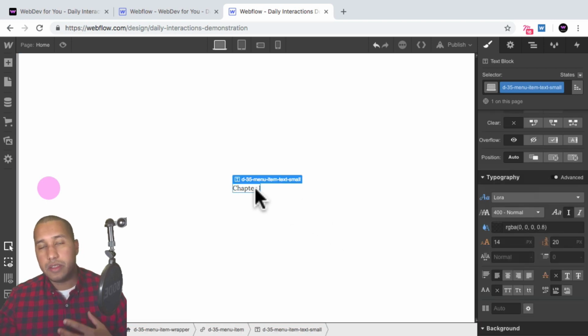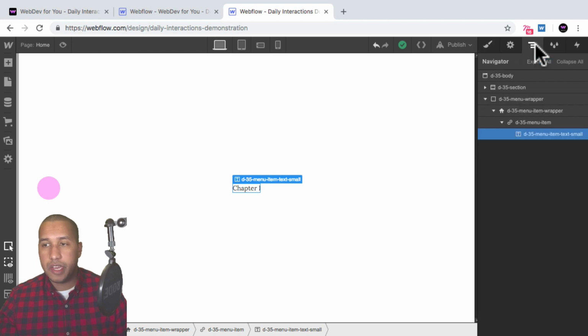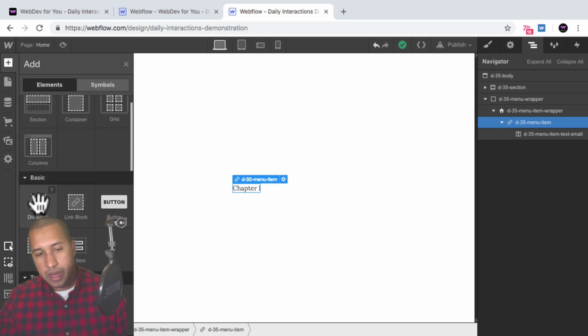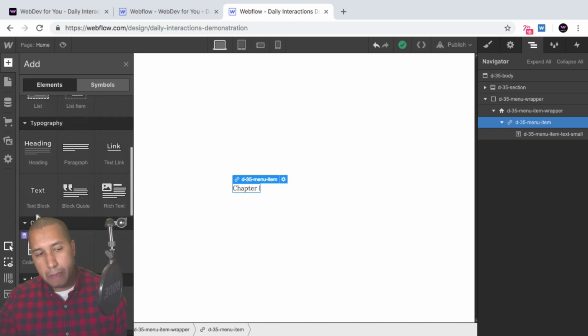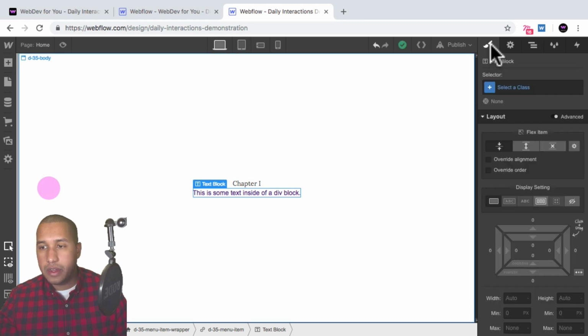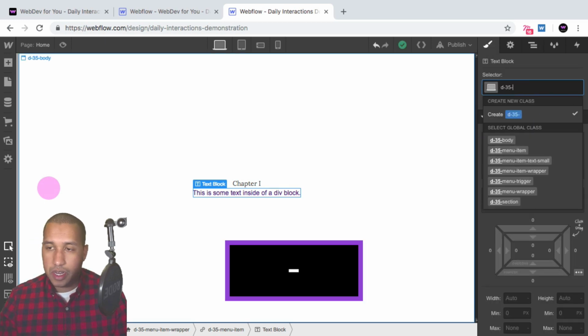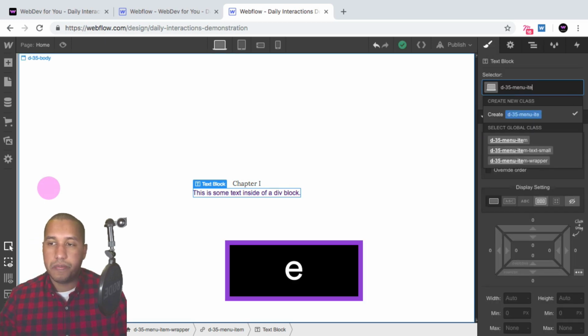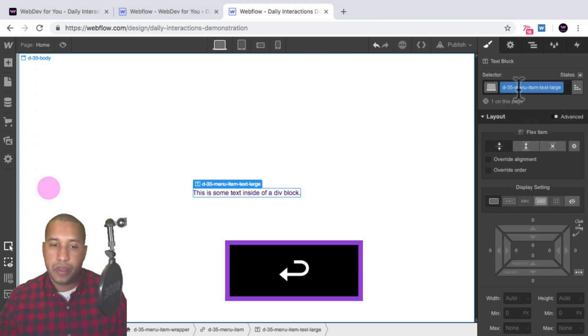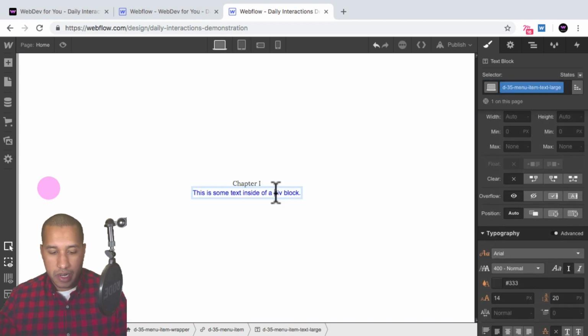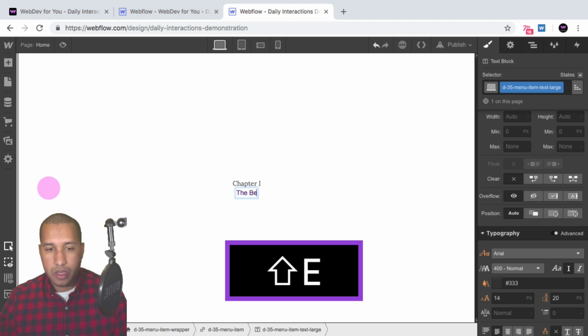All right, so now I want to add the larger text, so I'll go into the navigator. I'll select the menu item, so we can add it into the menu item. I'll add an element, add a text block, right up here, and I'll style this as well. I'll give it the class name D-35 menu item text large. Okay, and I'll rename this to the beginning,